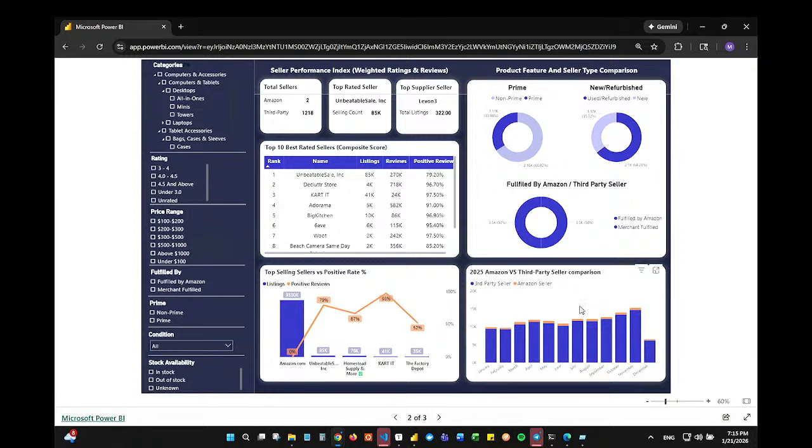I compared how Amazon did with the third party, and you can see that in comparison, the sales were actually coming more from the third party. It doesn't mean it's people. It means that it's fulfilled merchandise and Amazon is selling it, but it's not solely a product sold by Amazon